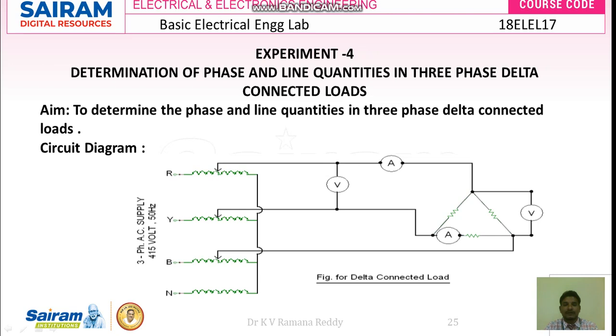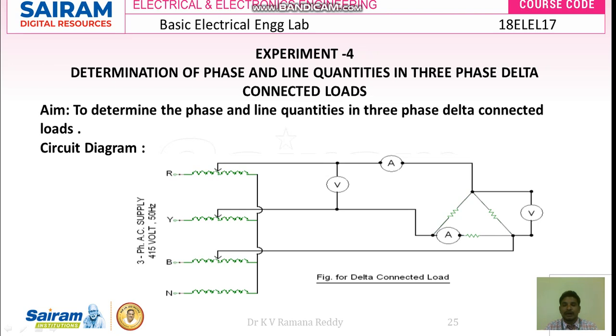and this 415 volts is given as an input to the three-phase auto transformer. The rating of the three-phase auto transformer is 0 to 470 volts as the output and the input is 415 volts. And R phase is directly given to one end of the line current ammeter, another end of that line current ammeter is given to the R1 terminal,